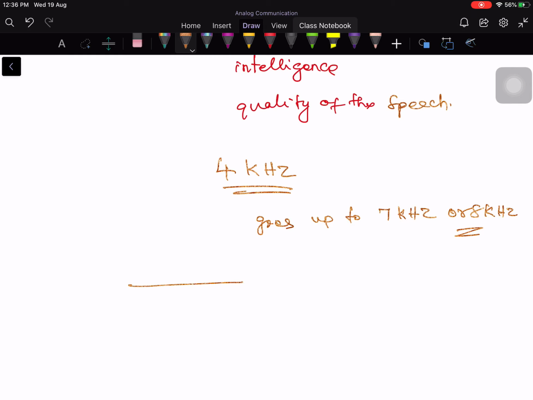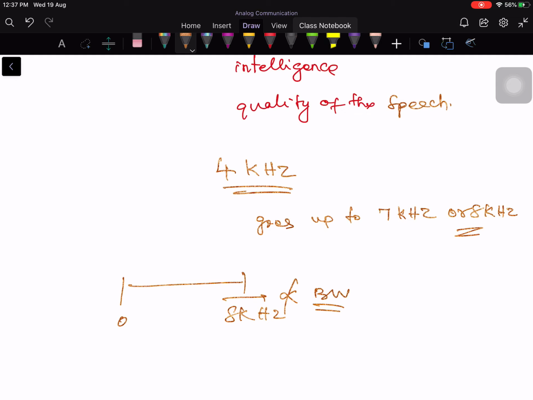Let's say the bandwidth is up to 8 kHz, that is 0 to 8 kHz. The amount of information is not directly proportional to the bandwidth. So there is little dependency between the amount of information and the bandwidth. That will be very clear when you go to the higher semesters, especially in statistical theory of communications or digital communications. For the time being, this is the point you should remember. In the later course, we will learn that bandwidth is a very important attribute of a communication system. It's a very important resource.